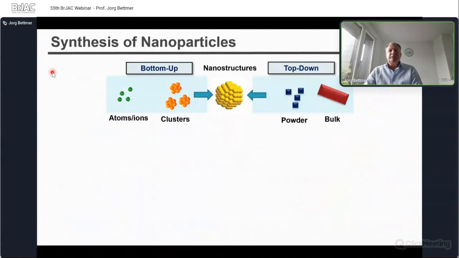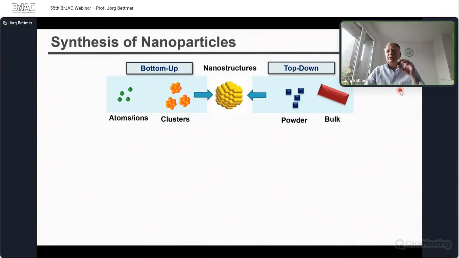So the question is, how do we synthesize these particles? Basically, we have two approaches. One is the bottom-up one, in which we have a certain precursor, and under specific conditions, we first produce some clusters which contain a few atoms of the specific element,